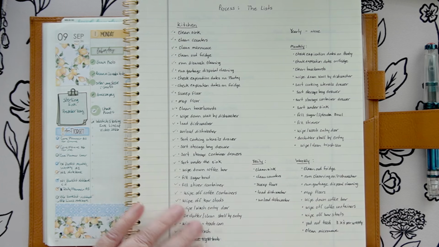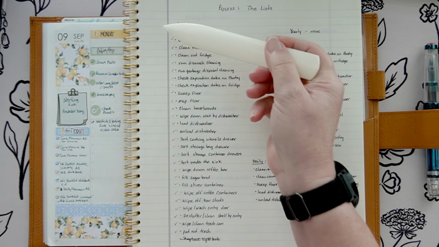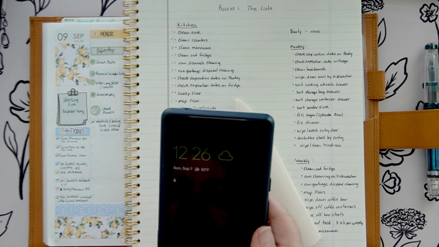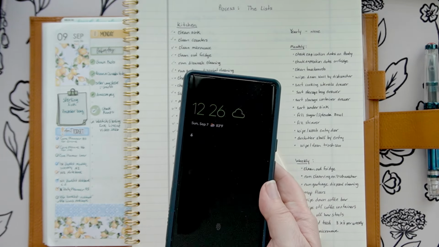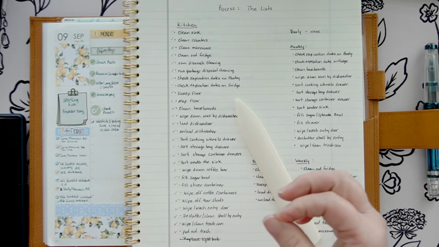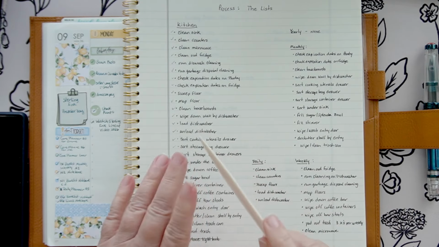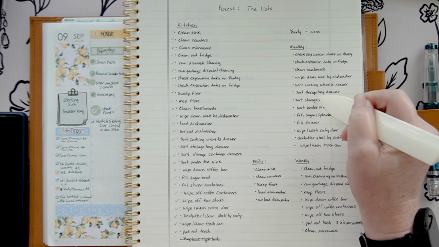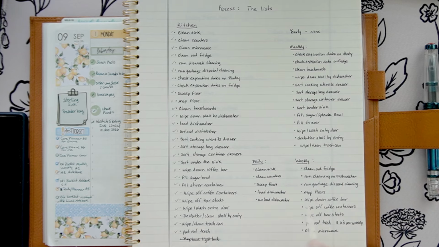So I'm going to go through every area and I am going to assign how much time it takes. I'm literally going to take my phone and set the timer and start doing it and stop it and write it down. I'm going to take this notebook in there with me and assign a time for every single one. And at that point, I can decide how I'm going to incorporate my monthly, weekly, that's no brainer. Daily, I'm going to do my daily.